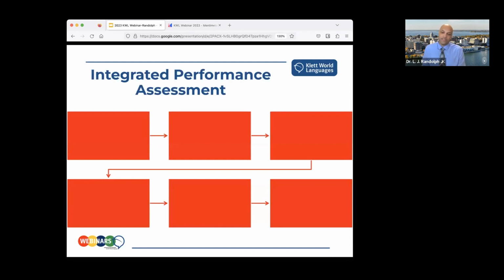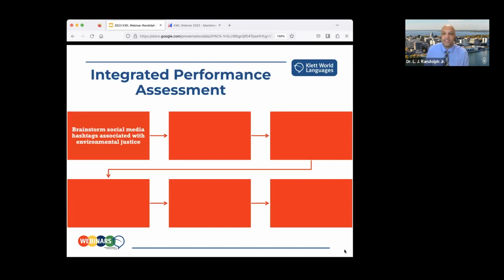We conclude with an integrated performance assessment, and I'll talk about this quickly, but it incorporates different modes of communication: interpersonal, interpretive, and presentational, with feedback in between. Anytime you see an arrow there, that's me giving feedback to the student. So this is kind of like an integrated performance assessment on steroids. A lot of times it only involves 3 steps, so this one involved a lot. There was a lot of back and forth between me and the students, which I think helped them to create really great products in the end.